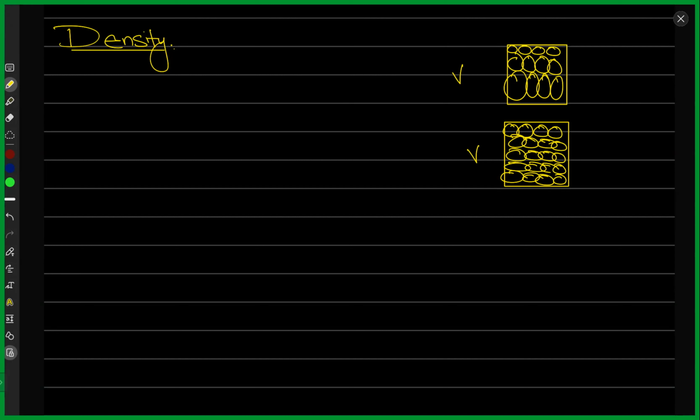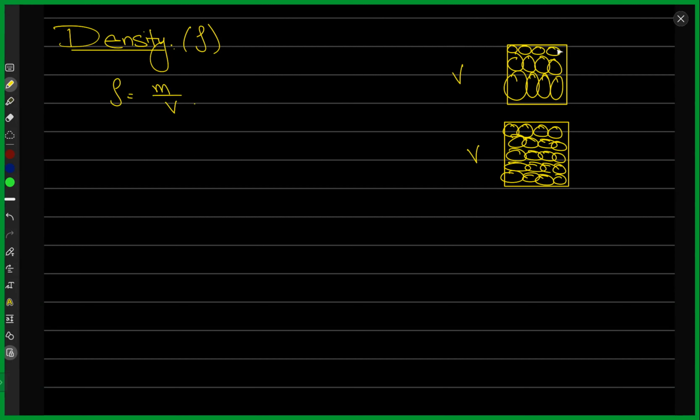The very usual definition that you would learn about density is that the symbol for density is rho, and it is defined as mass per unit volume. Just telling you that is not really enough. It is not doing justice to your understanding. You should understand it in terms of pictures as well, right?